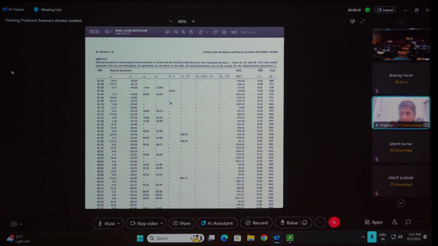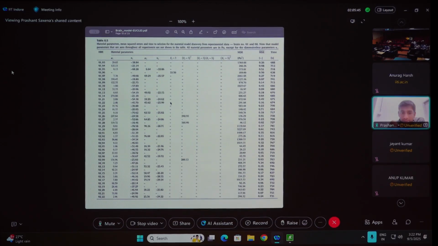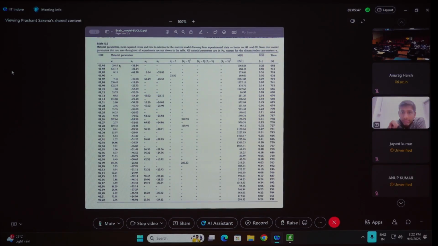Basically, okay, this is very hard to see, but these are the results for different material parameters. I don't expect you to read it just now. I'm just showing it here so that it's there on the recording, and then if you're interested, you can go and read this later on. But this is just to give you an idea of the things that are possible